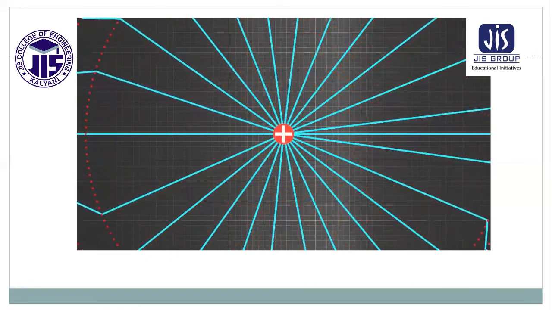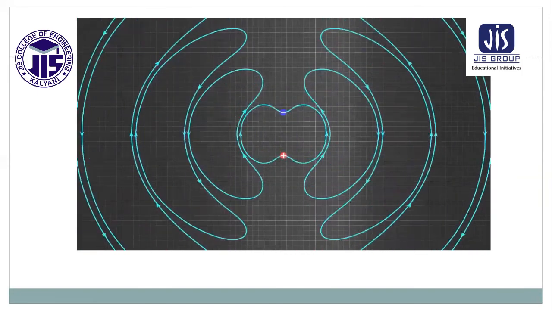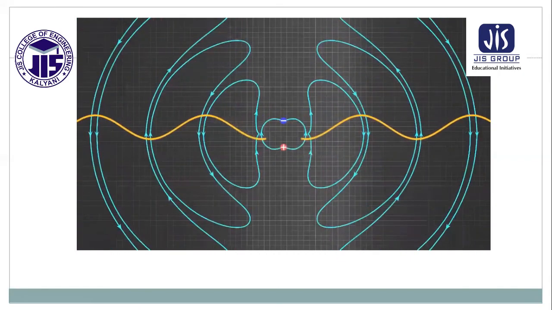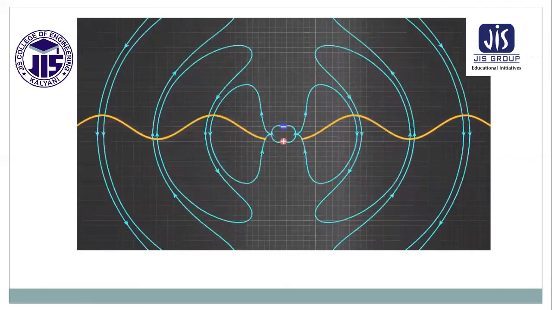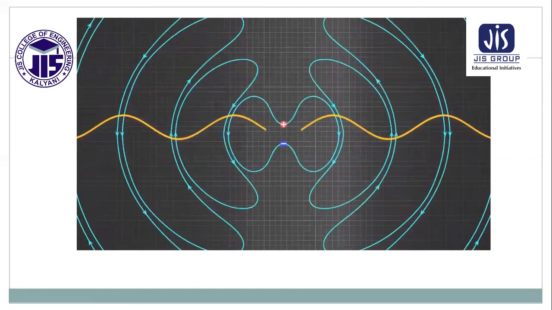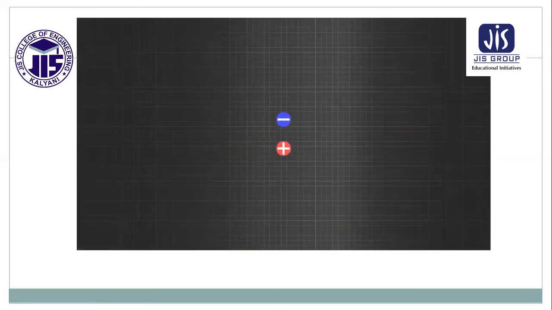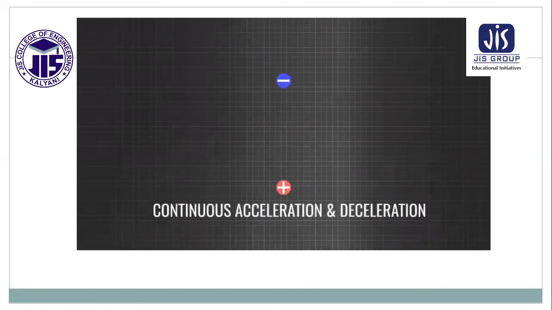Based on this understanding, we will be able to understand the most important experiment in the field of antenna technology, the oscillating electric dipole. The interesting fact about this simple oscillating dipole is that it produces electromagnetic radiation in a perfectly sinusoidal manner. Let's see how it is achieved. Before getting into the electromagnetics, let's understand how velocity and acceleration vary in this simple case. It is clear that at both ends the velocities should be 0, and in the middle the velocity should be at the maximum. This means that this is a case of continuous acceleration and deceleration.